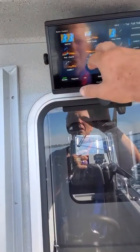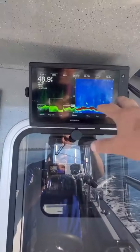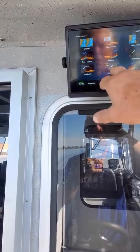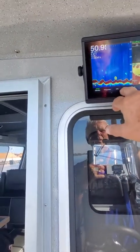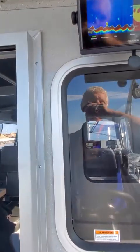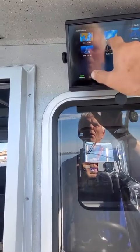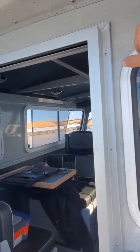Then I can go back here and I can hit my sonar. There's a down scan. Then you got your traditional. You can stop that. You can go into 3 of these if you want to. You can go out of that. You can go into a combo. Different layout. Kind of nice to have always your autopilot up there, so if you have to shut it down, you can. Okay, right here you just hit standby. Okay, and then if you want individuals, you just go right in there, radar overlay, you pop that up, there it is. But you kind of always want, and then you can always put your autopilot on standby,